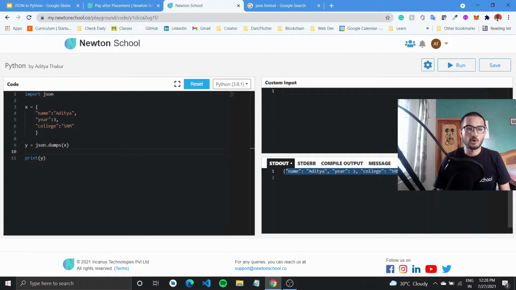So there is, of course, dictionary, as we saw. There is also list that you can convert. You can also convert a tuple, a string, an int or float, and true, false, and none. So how you can do that is basically